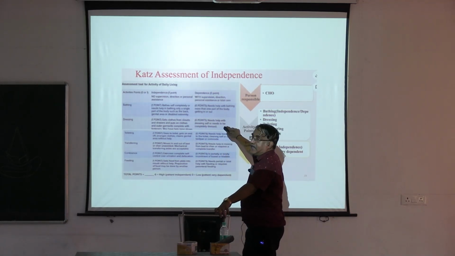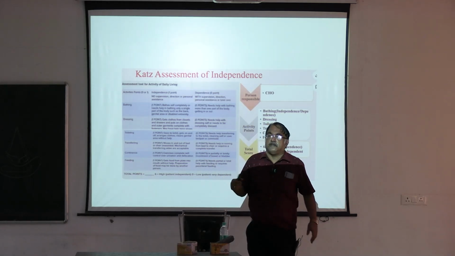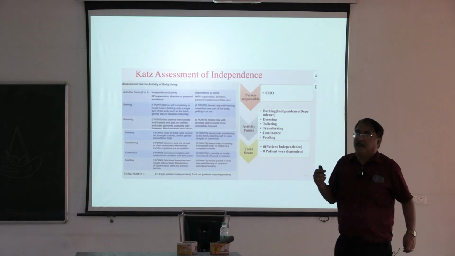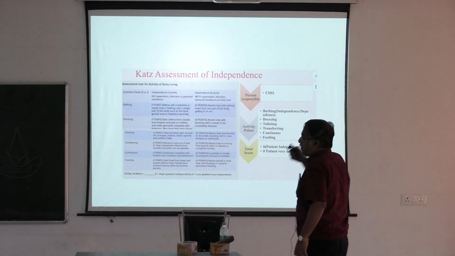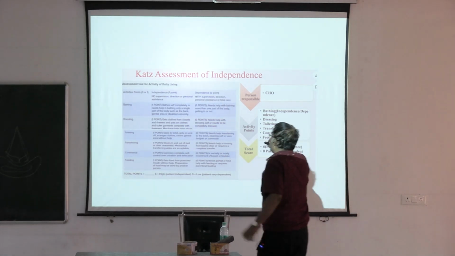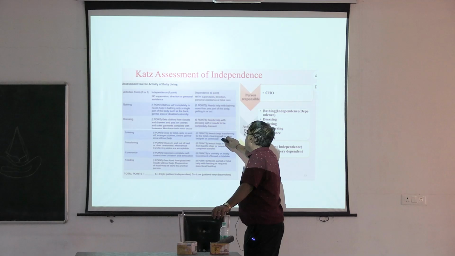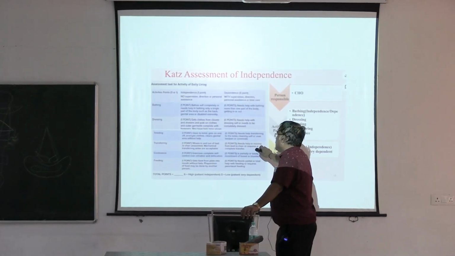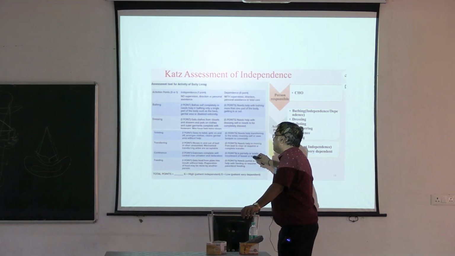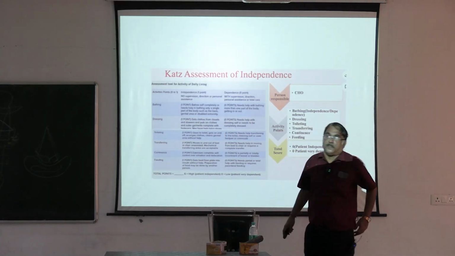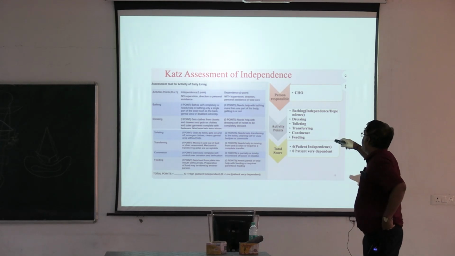Similarly, help with dressing. Some people may not need help in dressing. Like for ladies, they may find it difficult to dress with saris, but they may find it easier with, say, chudidar or something like that. Similarly, toileting, whether he goes to the toilet on his own or needs help transferring to toilet, cleaning self. Transferring: moves in and out of bed unassisted, or somebody needs to move him out of bed. Similarly, continence, that is your urinary output, and feeding, whether he needs partial help or complete help. So these are all the things.